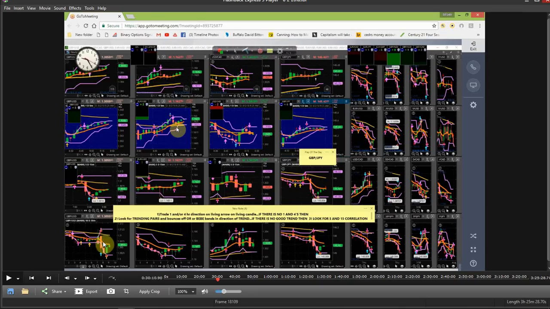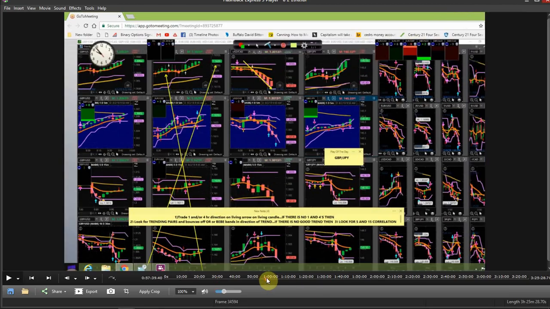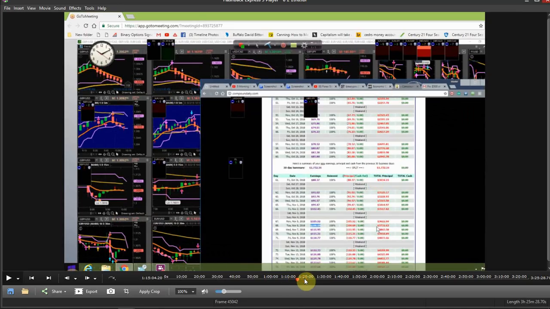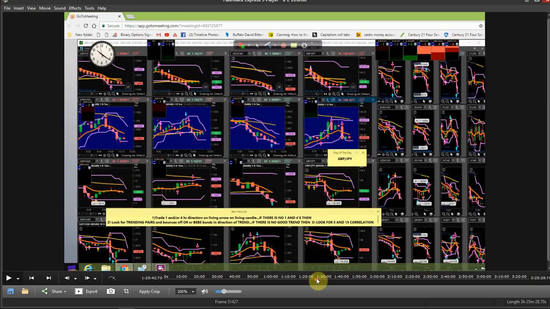Okay? You got a correlation, correlation, correlation, correlation. What do you think is going to happen? It's going to go above the orange road. The EU went above the orange road because you had correlation. The only time it comes back down is when you got correlation on the 1 and 4. Correlation on the 1 and 4 is always, what happened there? Is always something. See, look at that UC.